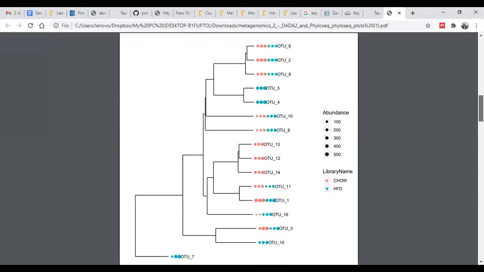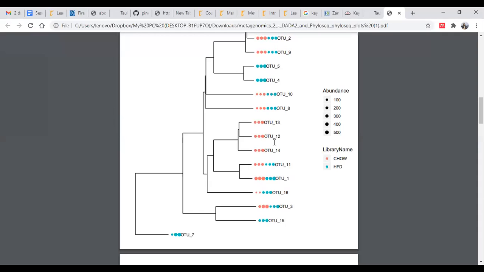For example, here we know how much abundance. The size of the circle represents how much abundance of this particular OTU is present. Then the color represents which diet it is: pink indicates chow diet, and HFD is represented by blue.